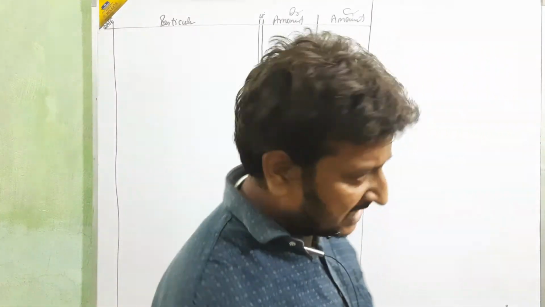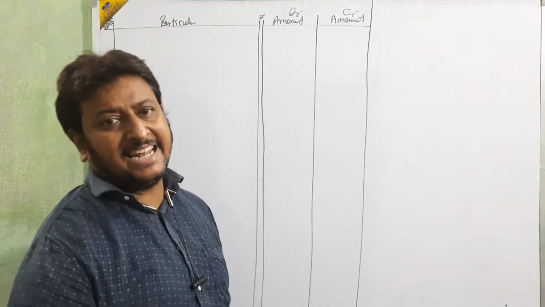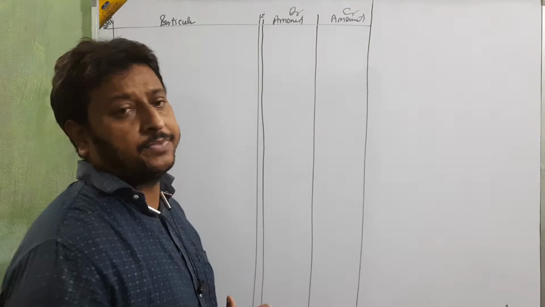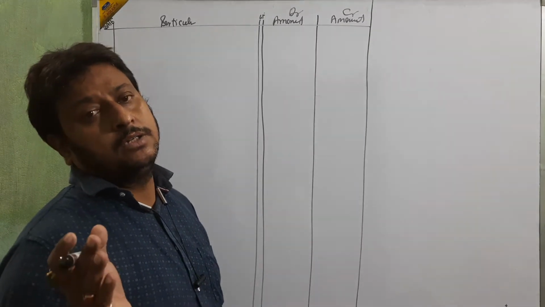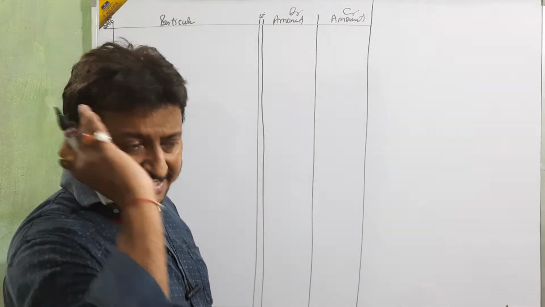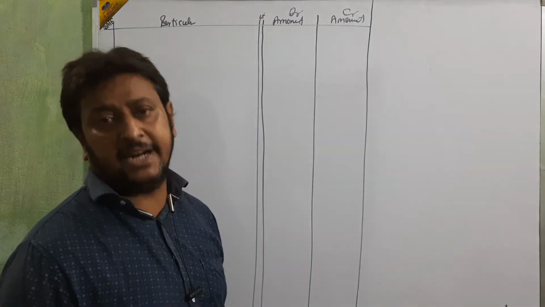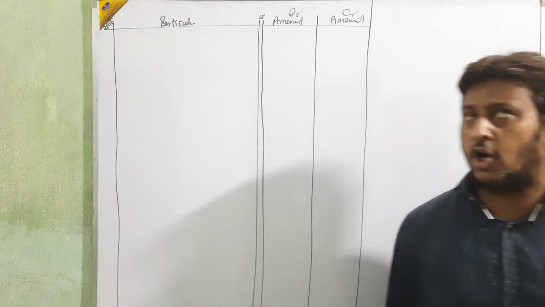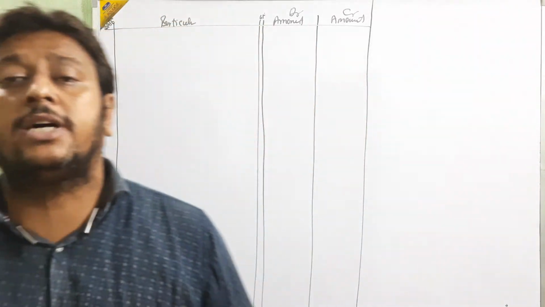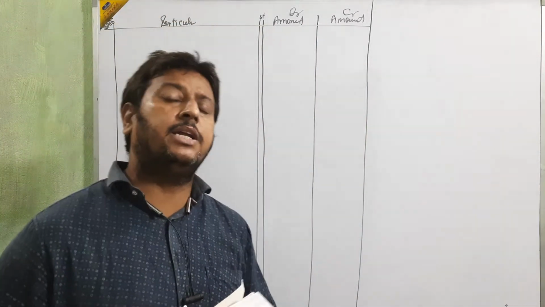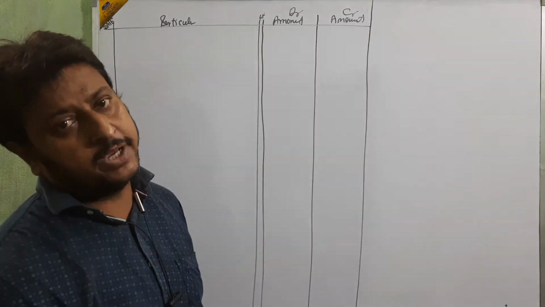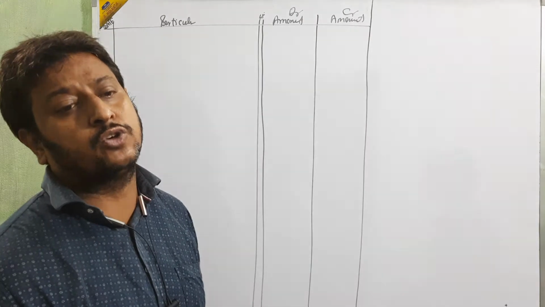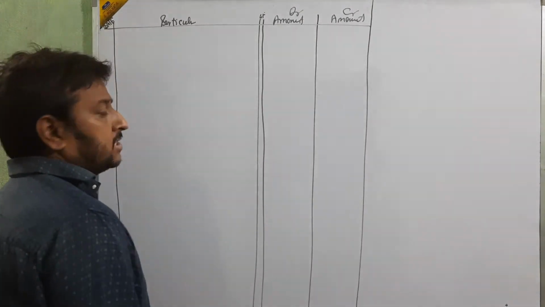Okay, now we are going to start the transactions. Before that, again I would like to clarify: list price means we are going to show the transaction after deducting the trade discount. In the case of trade discount, we do not show the trade discount itself. We are only showing the amount after deducting the trade discount. So let's go for the first.